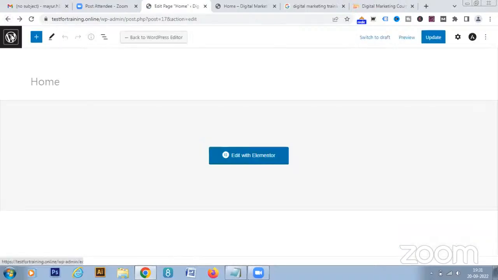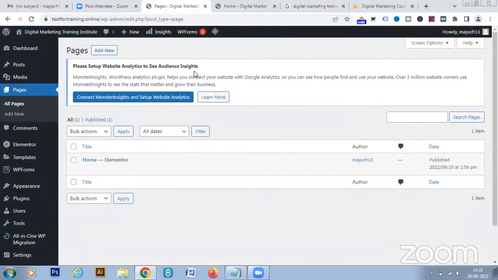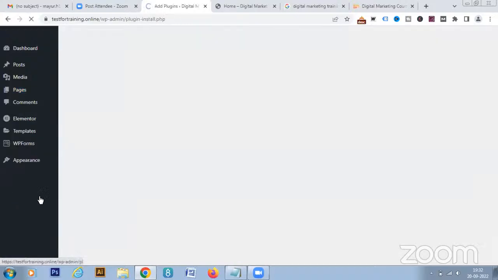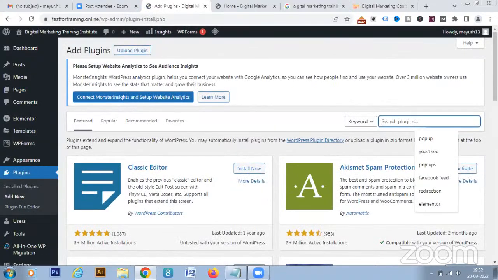So we will go back to WordPress here. We will add one more plugin. As you can see, when you're editing with Elementor, your home page, whatever pages are there, it will always show like this, right? So we will add one more plugin here. Add new. Directly, I will go to add new. Here, I will type in